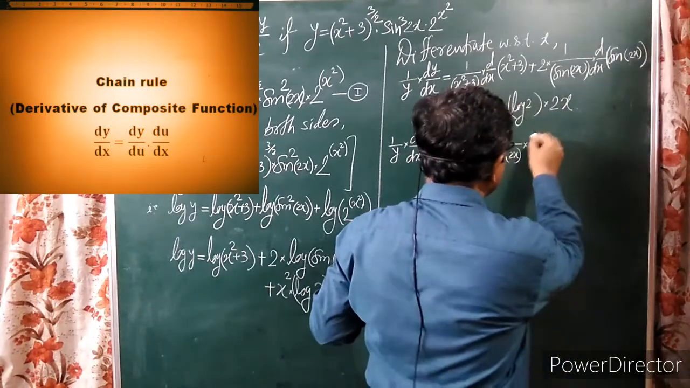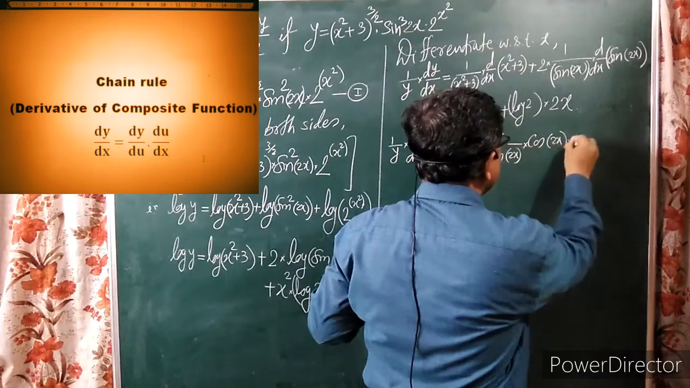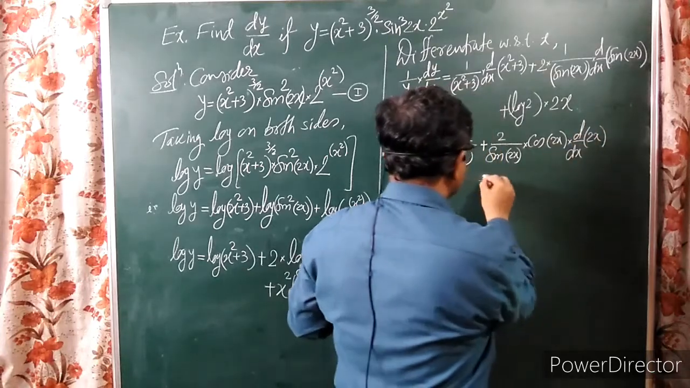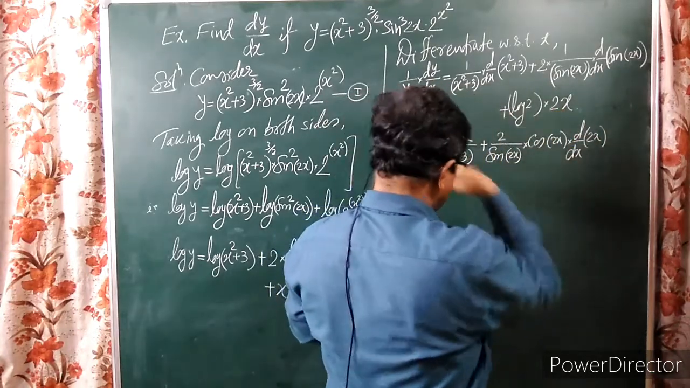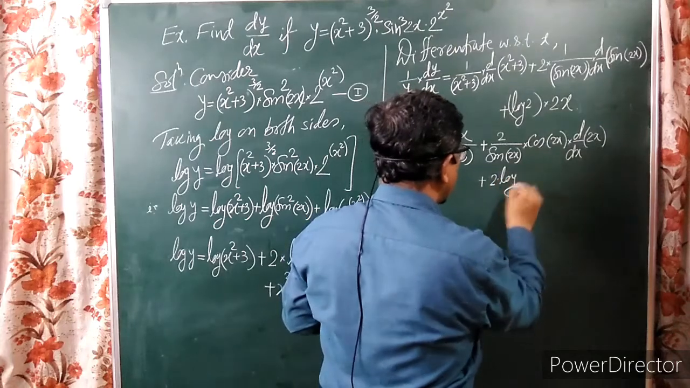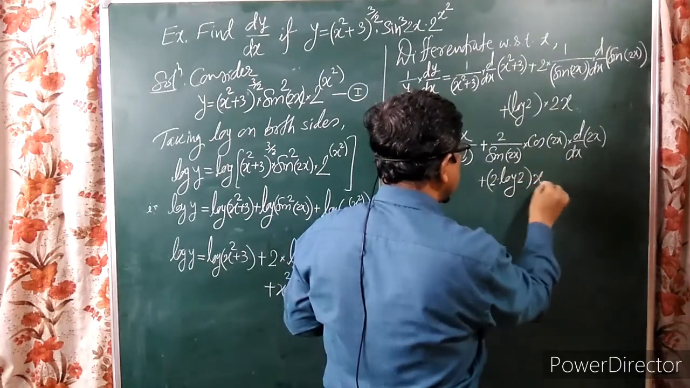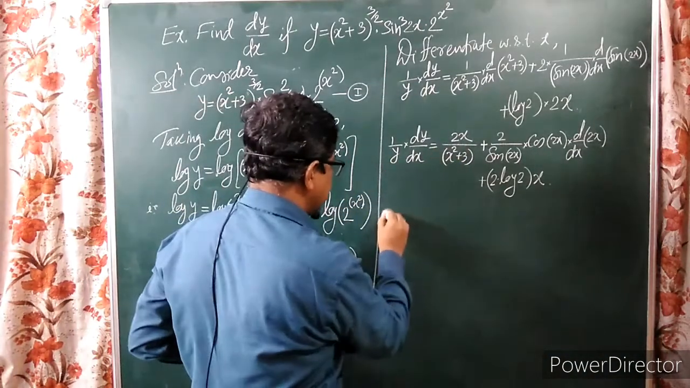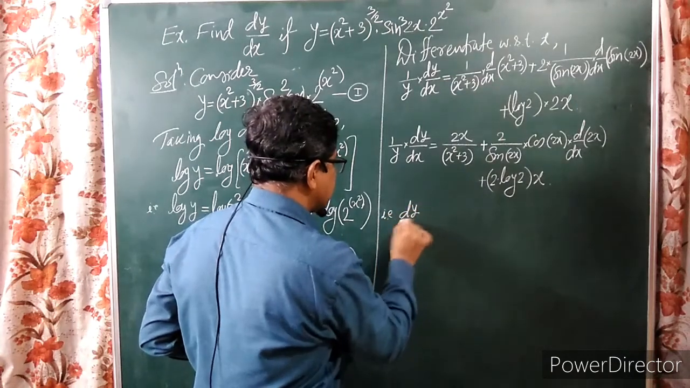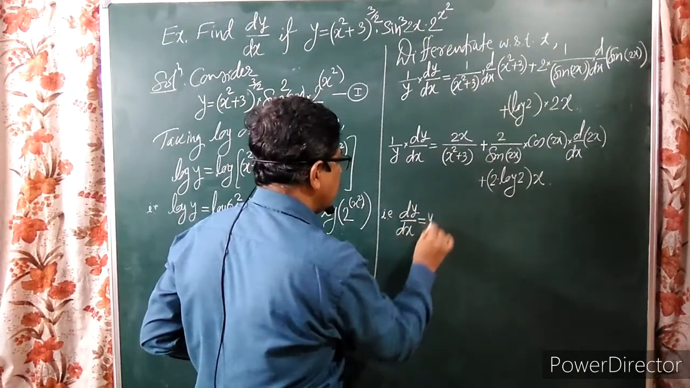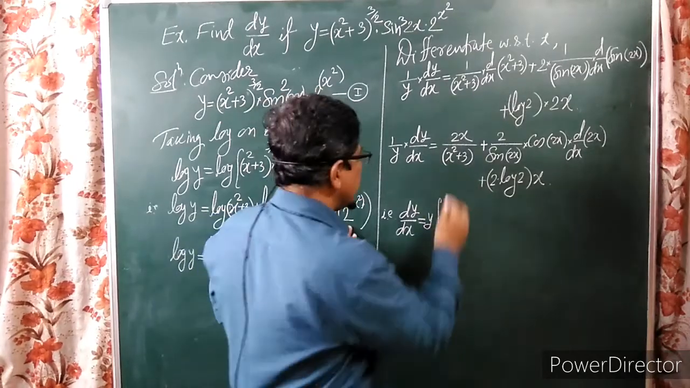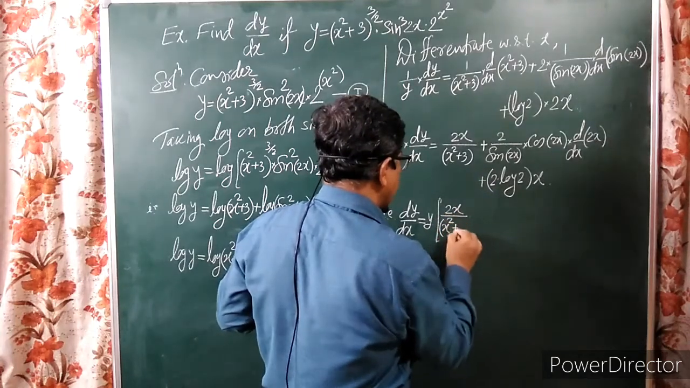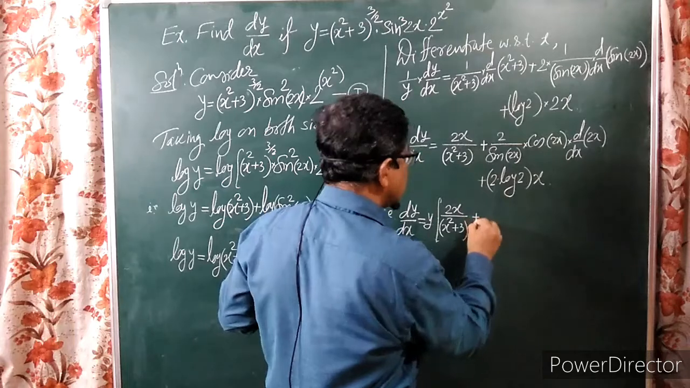डेरिवेटिव ऑफ sin is cos of 2x into d by dx of 2x plus हा 2 यादी लिहितो कॉन्स्टंट म्हणून, this is 2 into log 2 into x. Okay, now transfer this y on another side, that is dy by dx is equal to y into, so no change here, 2x divided by x square plus 3 plus 2x का डेरिवेटिव